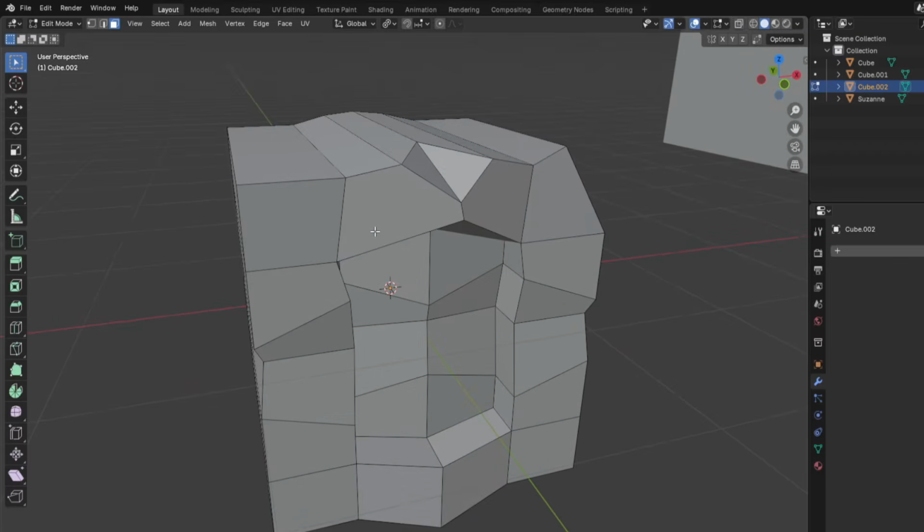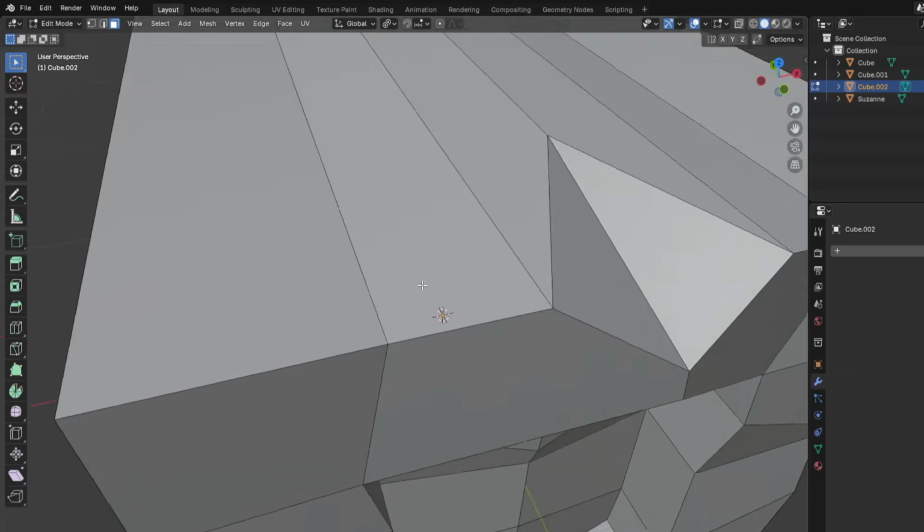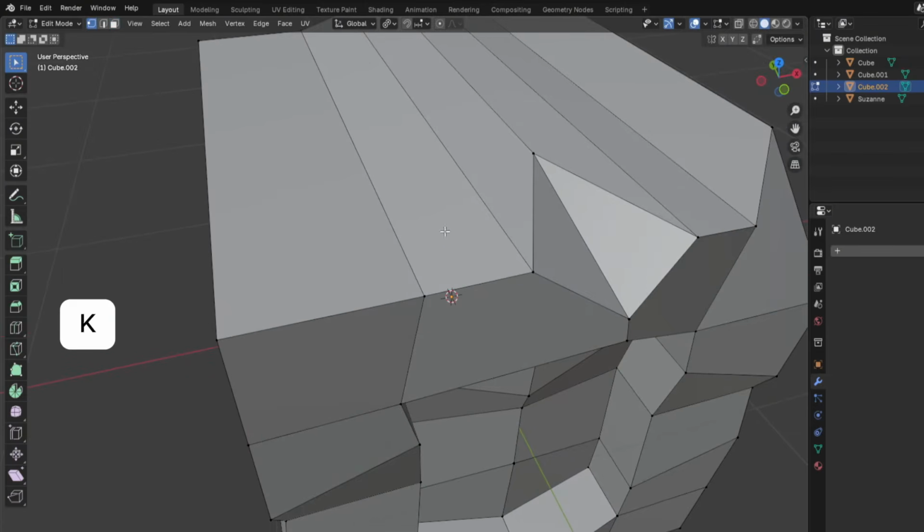One other thing I want to introduce you to is the knife tool. If I hit K on my keyboard, it will bring up the knife tool, and you can hit escape to cancel it. So let's say I went over here, and in vertex mode, I'm just going to hit K. You can select this vertex right here, just click it, and then you can move your mouse, and it's going to give you this purple line, which is basically the place to which you cut. So if I go to this edge here, for example, I can click again, and then maybe click here again,